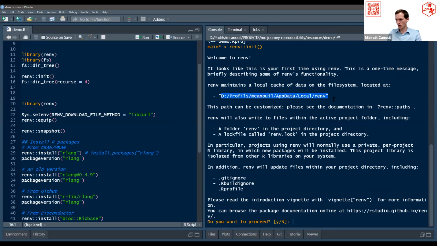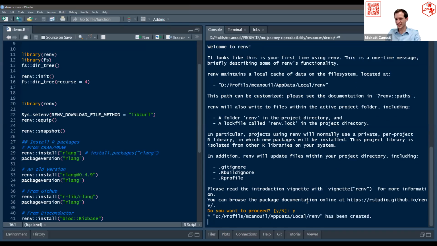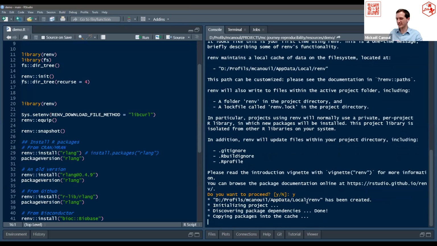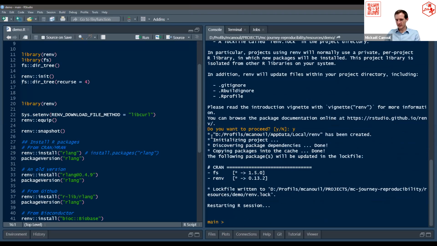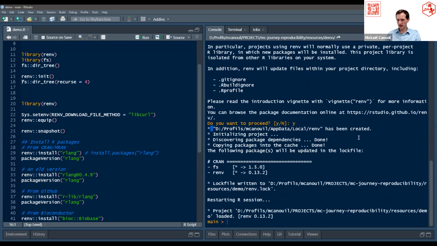So either in your home folder on a Unix-like system, or here in your AppData folder in your user account in Windows. There will be different details here, and also what changes Ramp is going to perform. I will just say yes, because I have read it many times. Here there are different lines. The first created the architecture and the cache structure here.